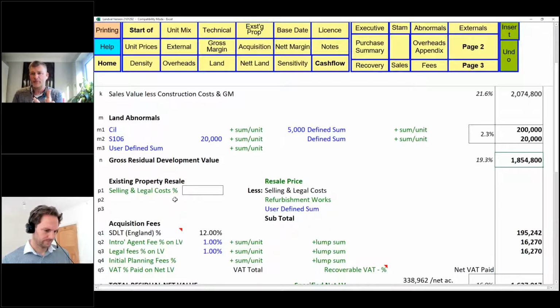Then we might have a property. I don't want to labor on too much, looking at the time, but we can add a property in here. We might buy this land and it has come with a property on it that we either need to refurbish, because we're going to use the side to access the land, and we can add this to the actual appraisal. So we can have a net contribution to our land. I'll leave that out for this example.